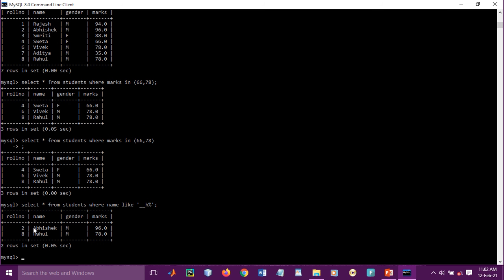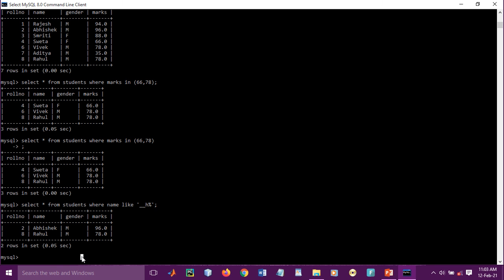The first two characters can be anything. In case of Abhishek, this is AB and the third character is H. In Rahul also the third character is H, and after H anything could be there. This is called pattern matching. You know some patterns, like started with or ended with or any characters in between. This way you can also select based on the keyword like.